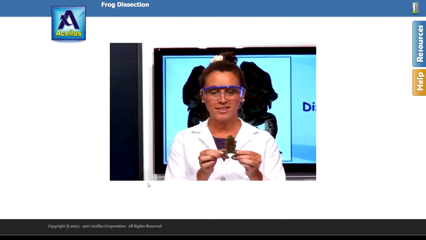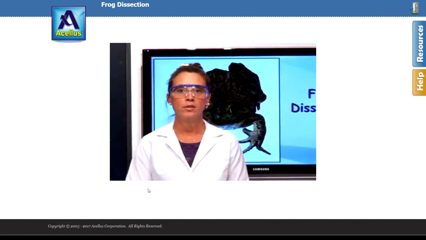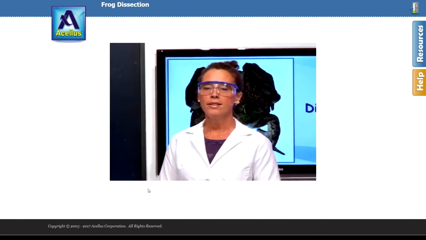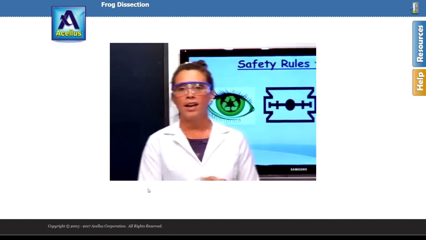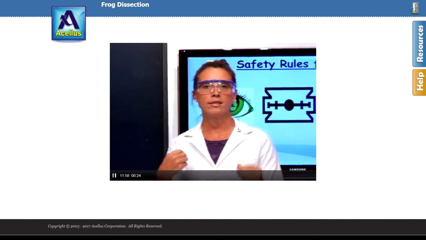Today we're going to dissect this cool little frog here, and we're going to learn a little bit about the different parts of a frog and how they're similar to you as a human. But let's take a look at those safety rules. First of all, you have eye and face safety. Again, you're going to be touching the frog. You don't want to touch your face. You want to keep them away